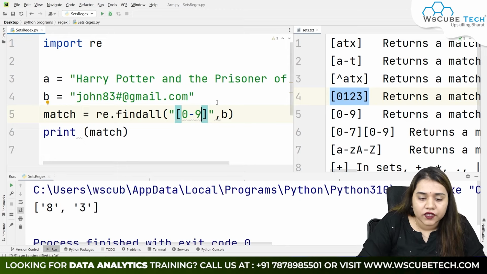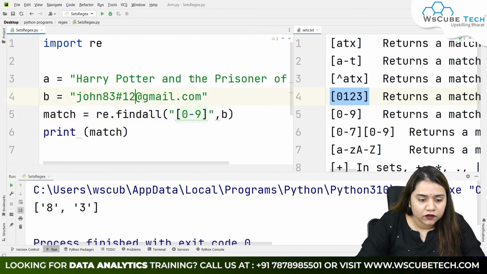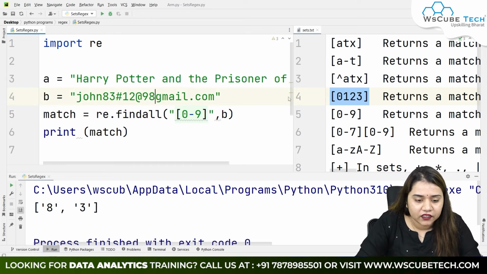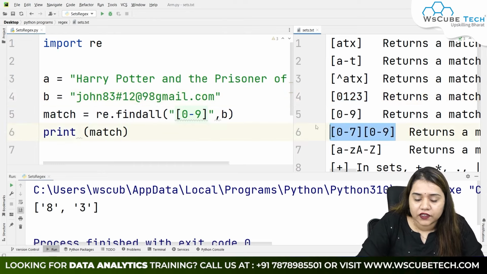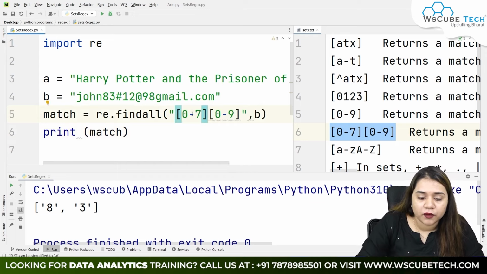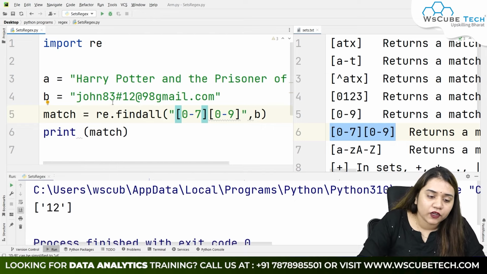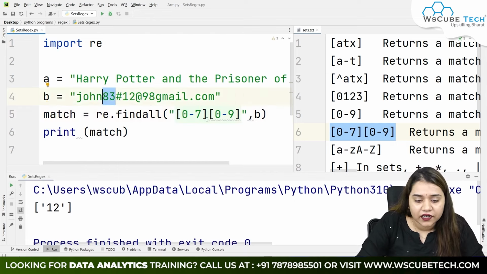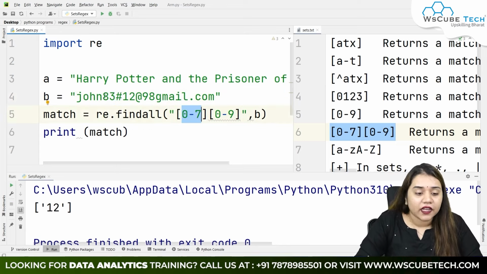Okay. Similarly, moving ahead, if I add more numbers over here, for example, 12 and also 98. The second one over here says that your first letter should be between 0 to 7 and your second letter should be between 0 to 9. Now as soon as I run it, I will only get 12 over here. Why am I getting 12? Because 83 is greater than 79, because the largest number that we can create from 0 to 7 and 0 to 9 is 79, and 83 is greater than 79, and 98 is again greater